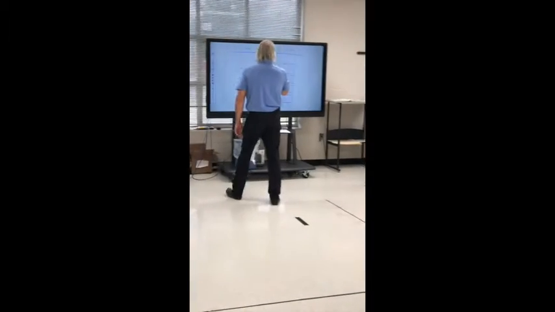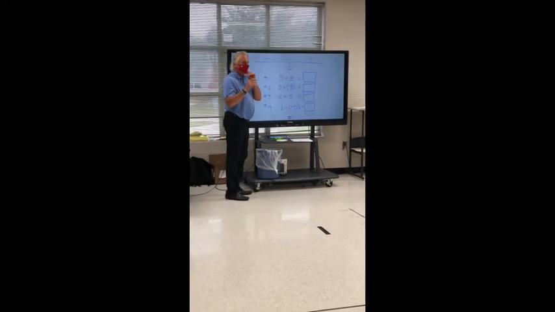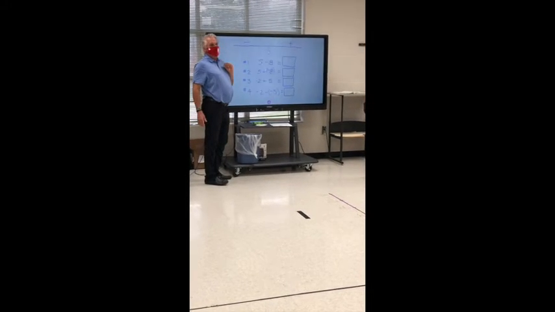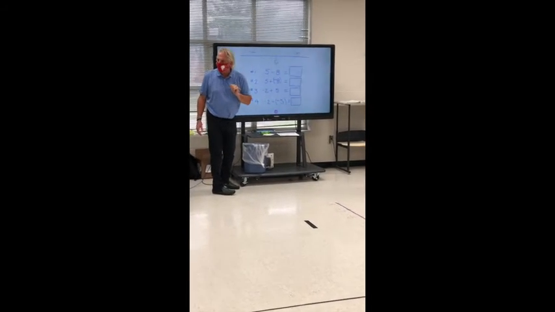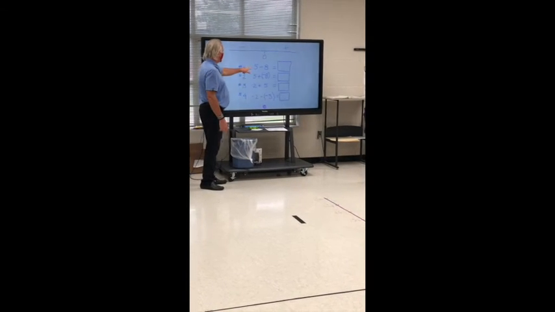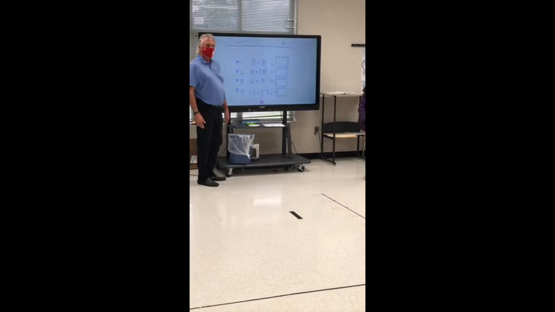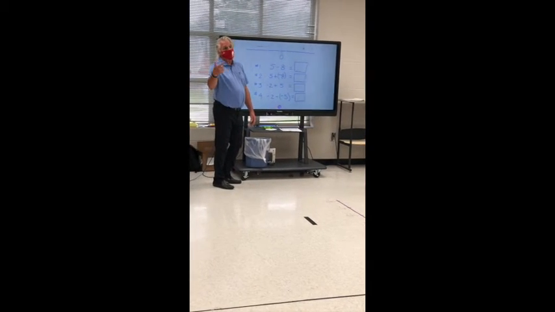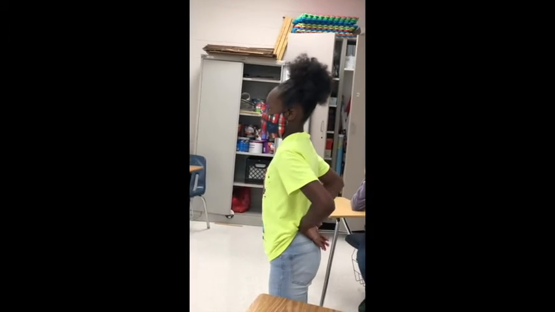All right, so we're going to work on these. The reason I bring up the positive and negative, this is a 5. You've known it as a 5 since you were in elementary school. When you're working with integers, you have to realize, is that a positive or a negative 5? A positive. If you don't see a sign, then that's going to mean it's on the positive army, I call it. So there's 5